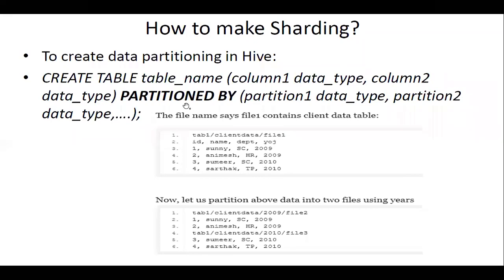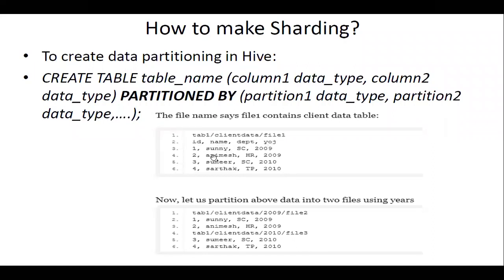Mostly all your HiveQL queries, HQL queries, are based on SQL queries. So let's discuss a simple example here. The file system file1 contains the client table, the path tab1 client data file1. The columns are ID, name, department, year of joining, YOJ.